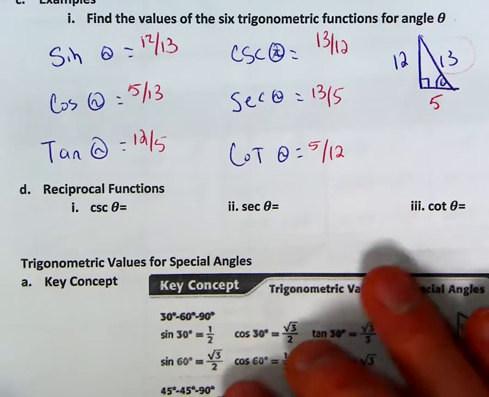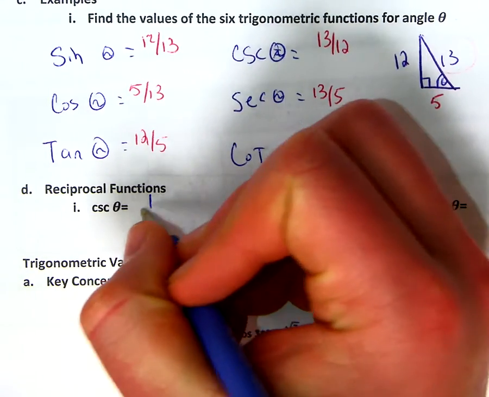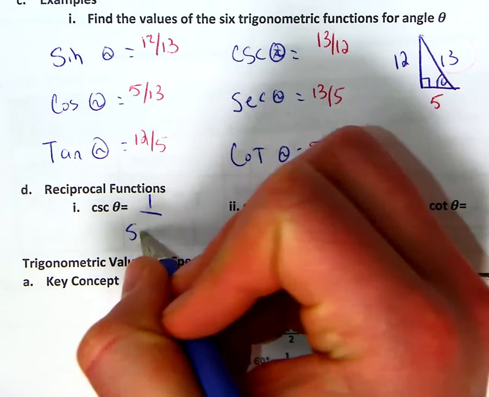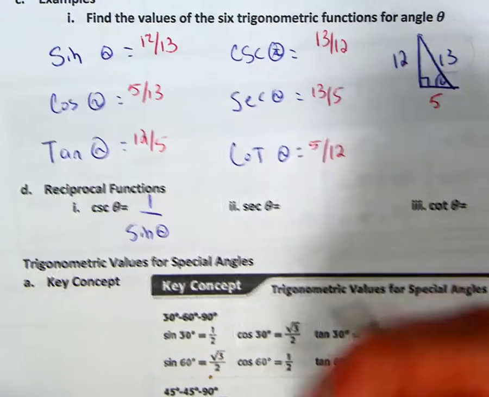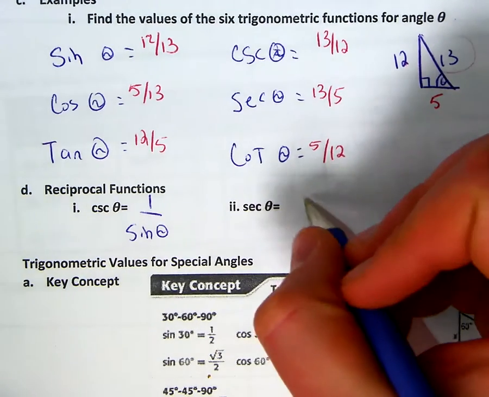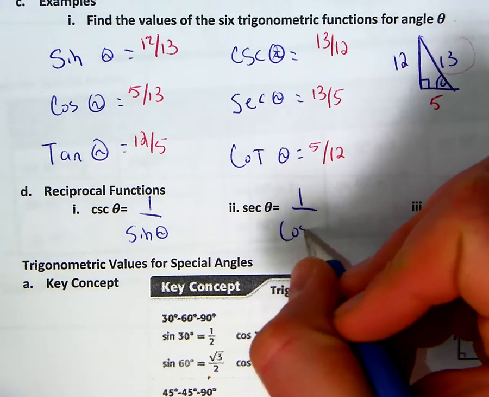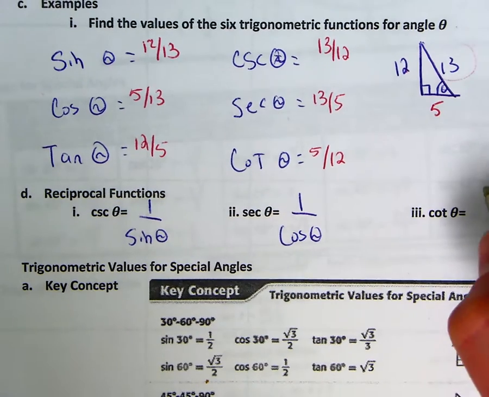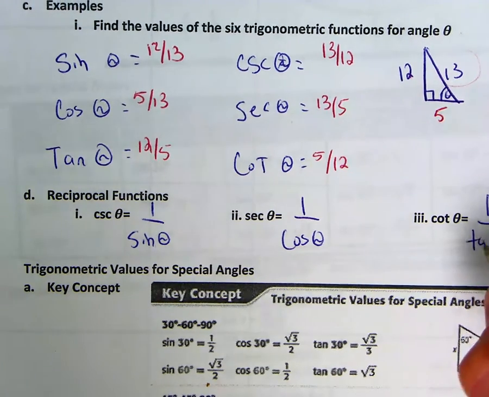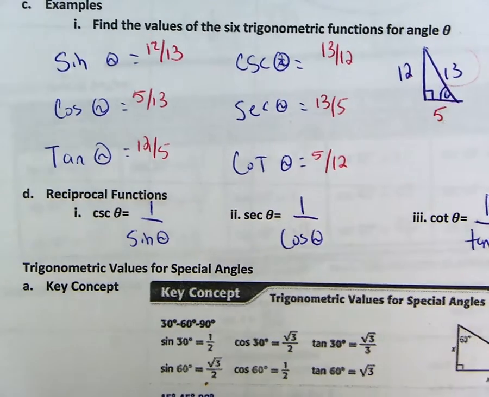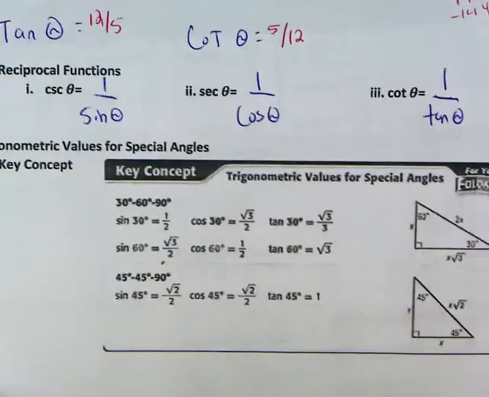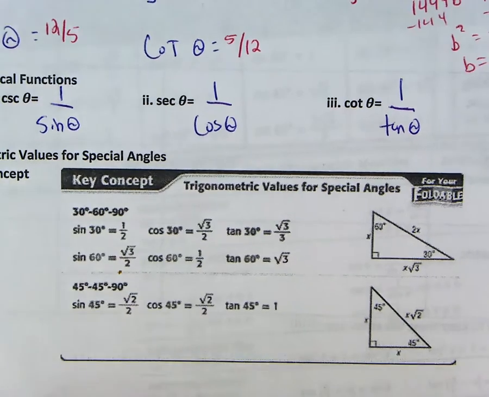Right, so when we get to this reciprocal function, cosecant is just 1 over sine theta, that's why it flips. Secant is 1 over cosine theta, and cotangent is 1 over tan theta. All right, pretty straightforward. And then the other thing that's on here that you talked about last year